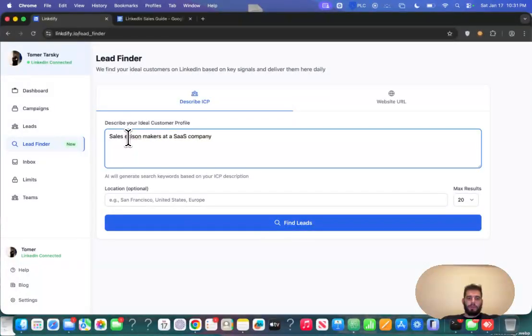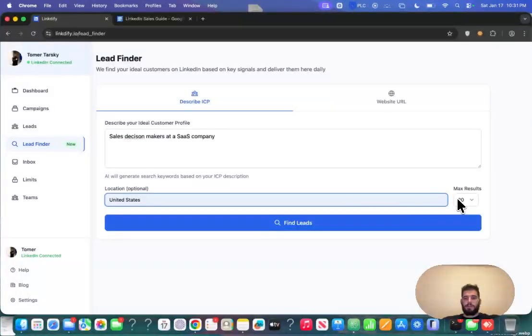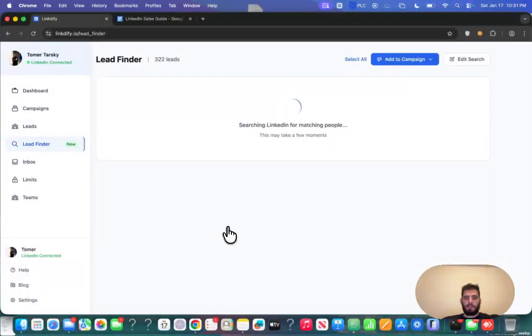And the beauty of this tool is this doesn't need to be exact, it doesn't need to be precise, it doesn't need to be super specific. The software is smart enough to kind of know what you're talking about and find people based on that. So we're going to click find leads, and as this is loading, I'm going to go ahead and talk about